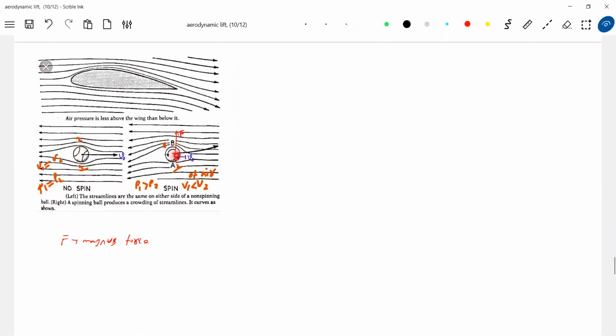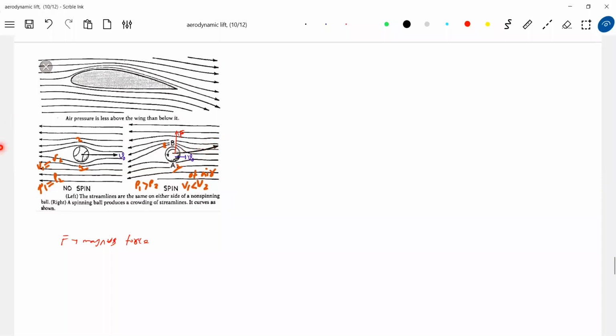Now the same ball, if it is moving and also spinning, then the Magnus effect will come into the picture, because the air here will be retarded more, and velocity decreases. So this volume of air was having energy E naught. When it comes here, it will have the same energy E naught, but which energy will decrease? Kinetic energy decreases. That should be converted into an increase in pressure energy. So the pressure at this point will be more than this one. Because of that, a Magnus force will act, and so the trajectory of the ball will be like this.